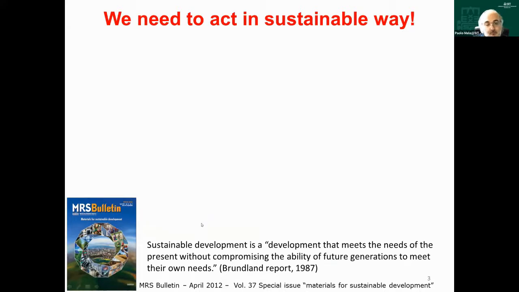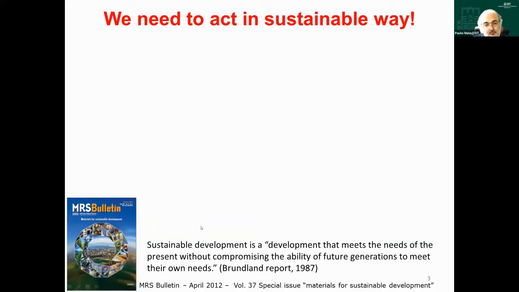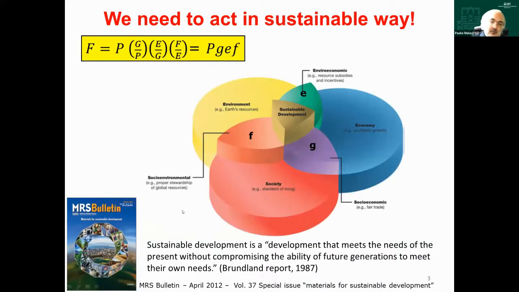And in a schematic way, we can represent sustainability in this graph, considering three main aspects: environment, economy, and society. So sustainable development is the intersection of environment, economy, and society, and can be quantified by this formula,